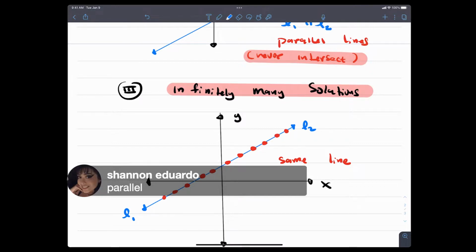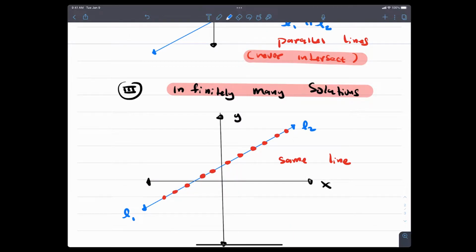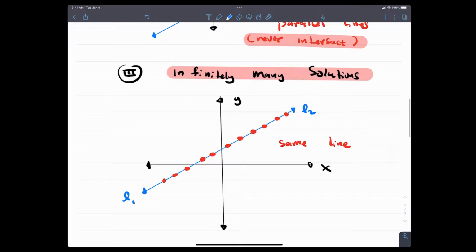Yes, Shannon, they're parallel. They do not touch. Yes. No solution when they're parallel. Yes. When they overlap, that's right, Shannon. It's the same line. There's infinitely many solutions here. So this is all